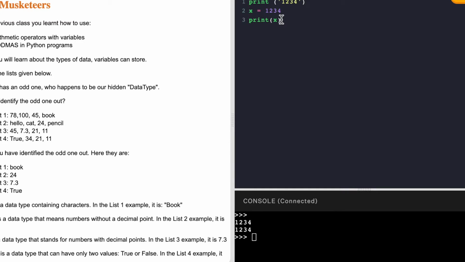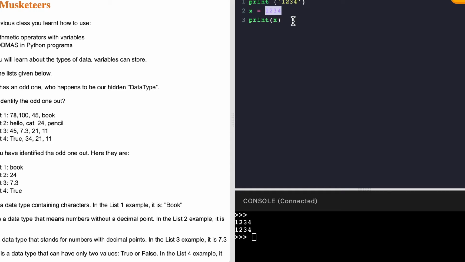Now if you don't know the value of what to store inside the variable, you can let the user decide. First of all, before that, we'll have to learn about the data types. So the four data types in Python are string, float, integer, and boolean. A string is basically words, sentences, paragraphs, or anything. An integer is basically non-fractional numbers, be it negative, be it zero, be it positive numbers. A float stores the value of decimals, and boolean stores the value of true and false.